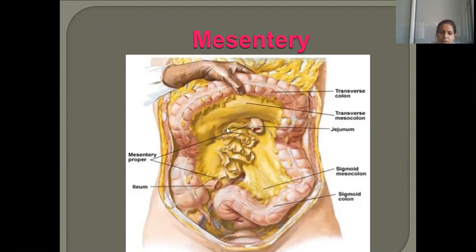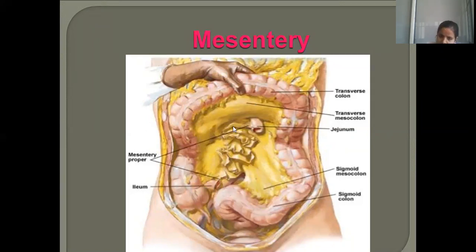And if you observe, these coils are looking as though in old movies you will see there will be a fan, no? The heroines will be carrying like this in old songs. Okay, so this fold of the mesentery is looking like a fan. That's why, how do you describe? Mesentery is fan-shaped fold of peritoneum, which is extending from duodenojejunal flexure to the right iliac fossa. It extends from here till here. This point is the right iliac fossa.